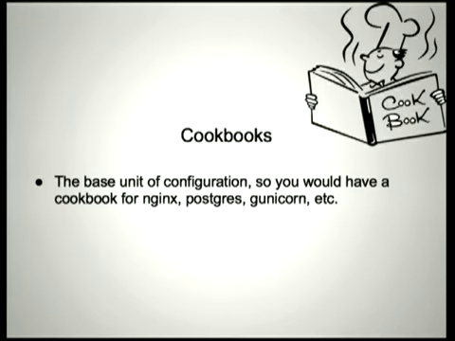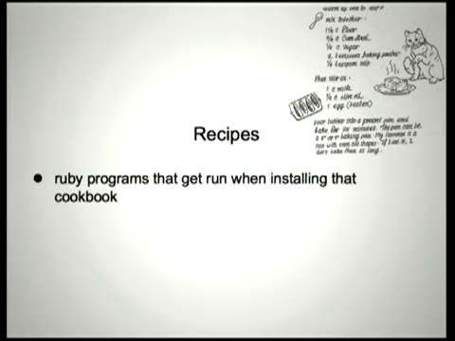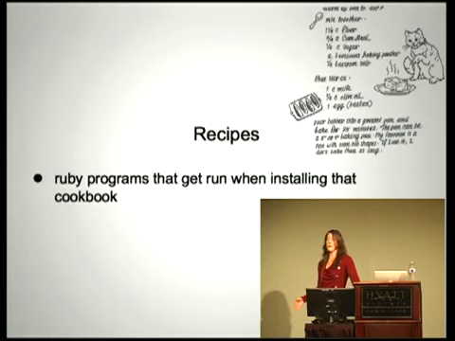So you'll have a cookbook for Nginx, you'll have a cookbook for Postgres, you'll have a cookbook for GUnicorn, etc. And recipes, this is the only place where the kitchen metaphor comes into play. Recipes are in cookbooks, and recipes are basically the program that gets run when that cookbook is installed. So a recipe is the Ruby program that has the list of installations and the actual code for executing different